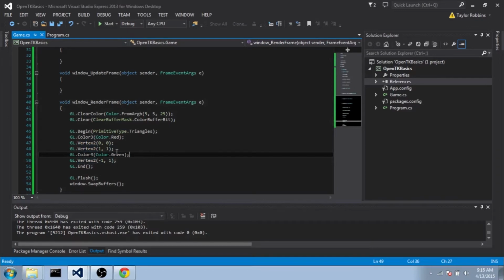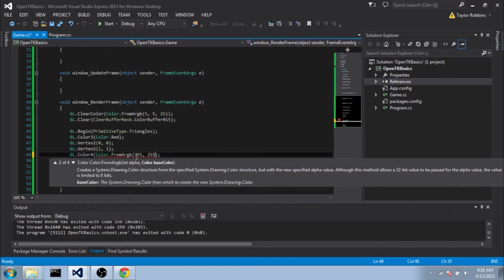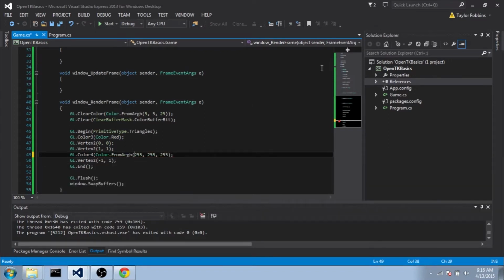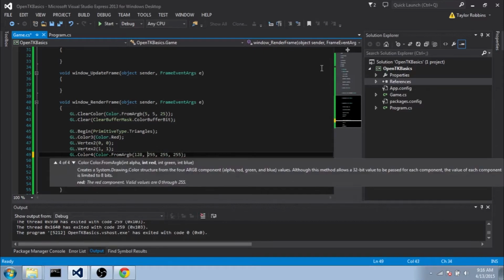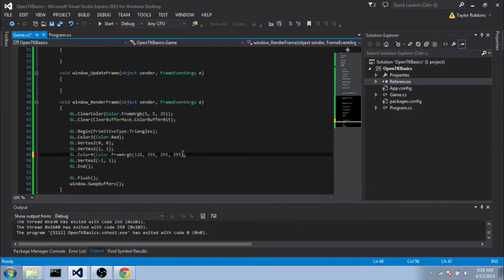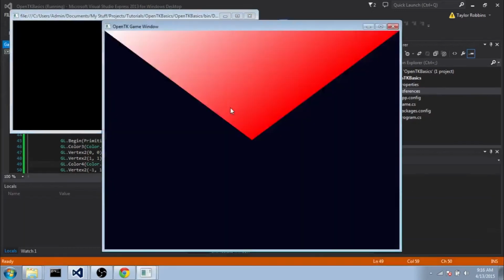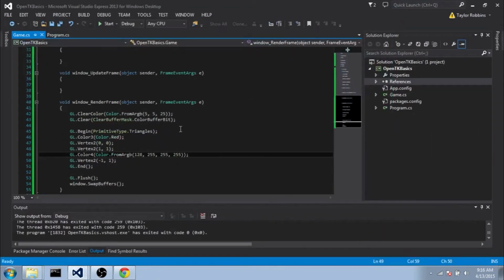Now, if we do want alpha, let's say we want color 4, and we would do color.fromRGB, and we'll do 255, 255, 255. Oh, sorry, the alpha comes at the beginning here. But for the alpha, we do something like 128, right? We want it to be semi-transparent, and so we'd expect to see the blue background of it, but in fact, we just see white. And the reason for that is we haven't told OpenGL that we want blending or how